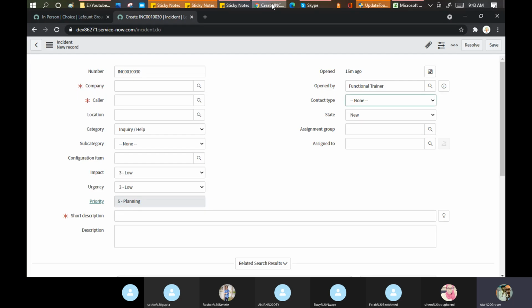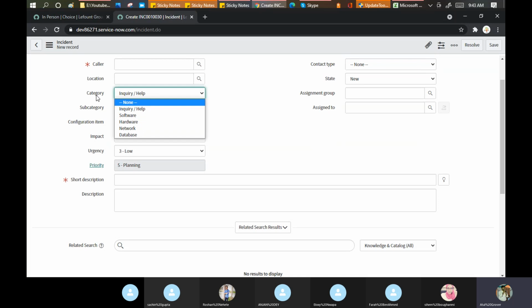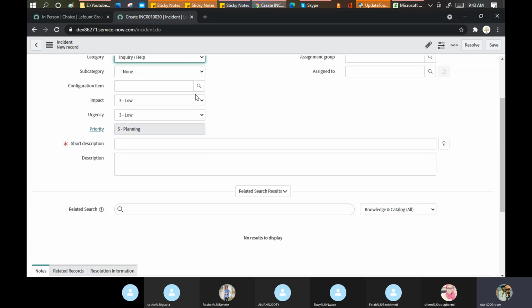Now let's come to the next part. These are the category and subcategory fields, where we see the choices are available. This is the reference field. Impact, urgency, and priority: I'll just give a little introduction here. Suppose I change my impact to 1 and urgency to 1. My priority becomes 1 automatically, right?